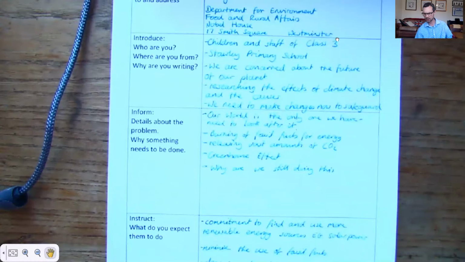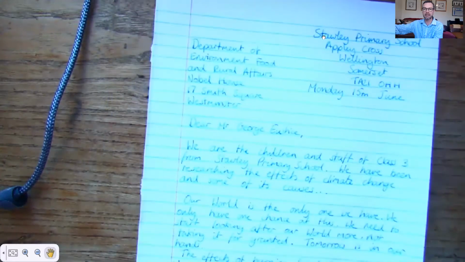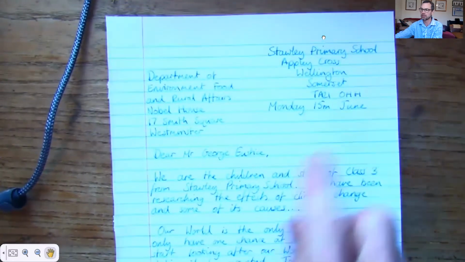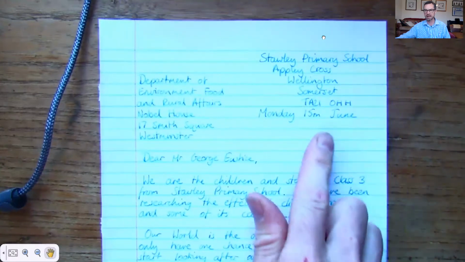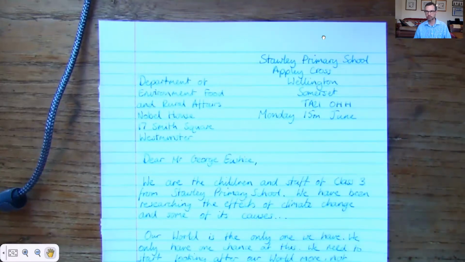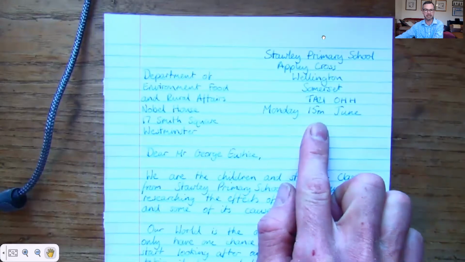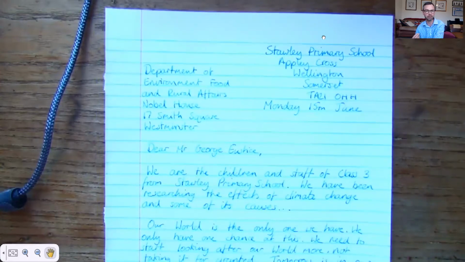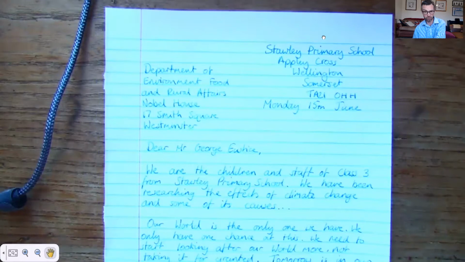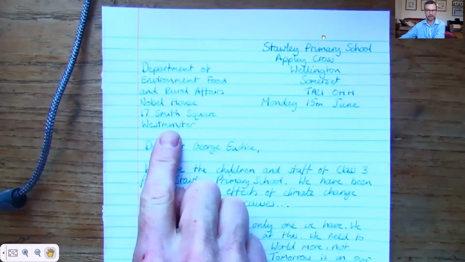So we're going to be using that plan to put our letter together. I've done a bit of an example. I haven't done a full letter, but just to show you what this might look like. So let's take a quick look at that one. Key things that I want you to make sure you include: first of all, obviously on the right hand side, we need the address. You can use the school address if you want to. You can just pause this and get that copied down. And the date underneath the address there. And we've got the recipient's address on this side. If you remember, I was writing to the Minister for the Department of Environment, George Eustice. So his address goes down there.